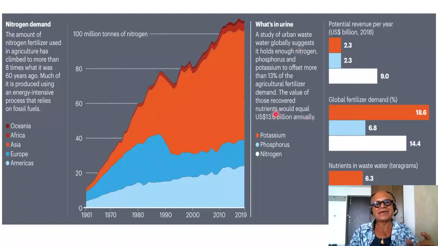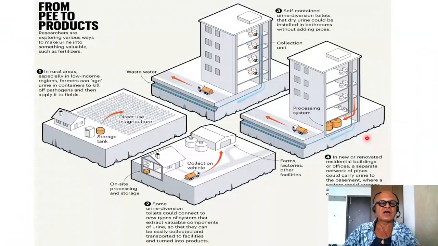Obviously when you do this, the energy used to accomplish this goal of separating urine and extracting nutrients out of it has to be considered, and the economic outcome or the market value of the nitrogen, phosphorus and potassium extracted from urine is a good number, but it also has to be consistent with net zero and carbon neutral goals, which are not always very explicit unless you do life cycle analysis kind of evaluations from end to end.